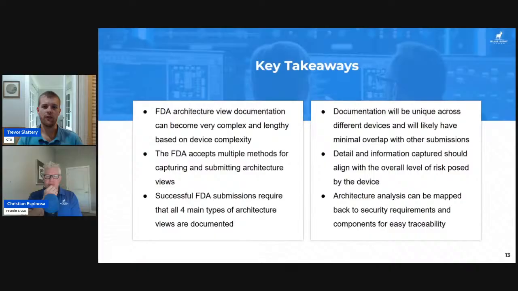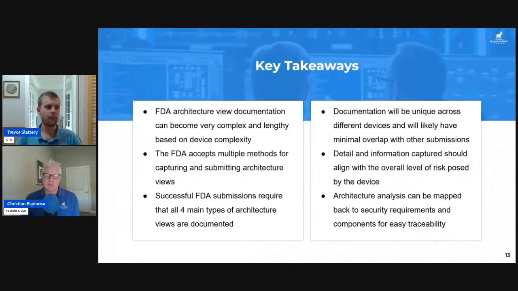Documentation for these architecture views is going to be unique across different devices and is going to have minimal overlap with other submissions. We often talk about what areas have overlap for various submissions, what can be reused from device A to device B, and there is a lot that actually can be reused as part of an FDA submission. This is probably the most unique area, and this is where we're going to see the most distinction between